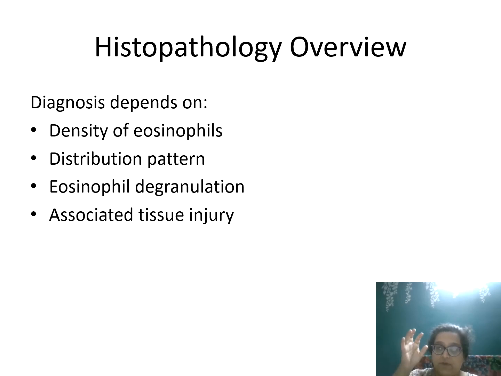So always remember, if you're diagnosing something with eosinophilia, the diagnosis depends on eosinophil density, that is the cutoff, the number of eosinophils per high power field. The distribution, where it is: it should not go into the muscularis, it should stay in the lamina propria. If you're seeing a transmural eosinophilia, then you have to think it is not normal. You will get degranulated eosinophils, which you can see by toluidine blue. And of course, surrounding tissue might show edema. If it is long-standing or resolving, maybe some fibrosis, congestion, other inflammatory cells. So you need to diagnose it in toto, as a complete diagnosis. Okay.